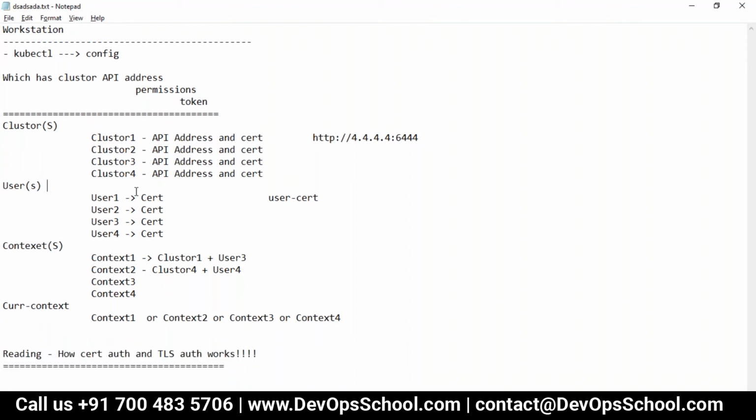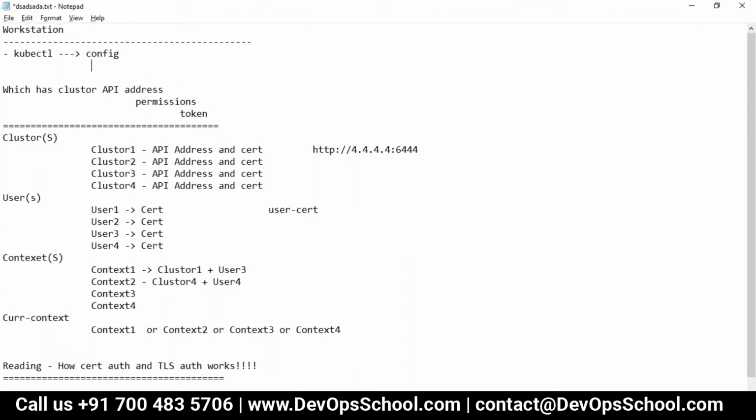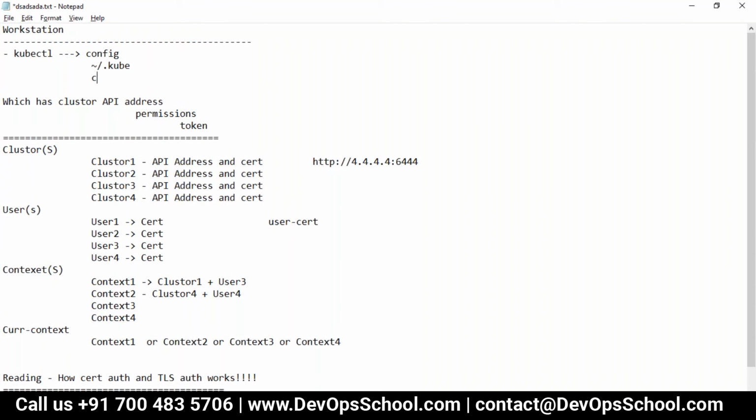Okay, so now the question was, where would this file be. Let me tell you guys, whenever you run the command kubectl, this config file is looked for in two locations: either the user home dot kube, or the current directory dot kube. These are the two locations you have.